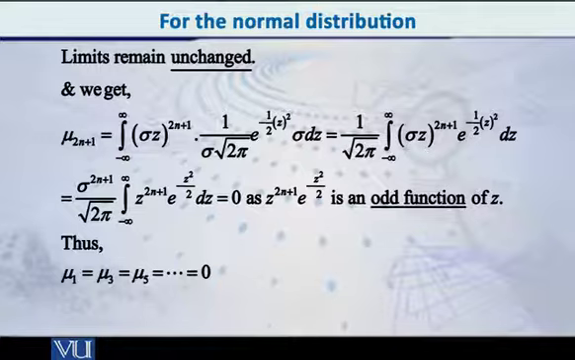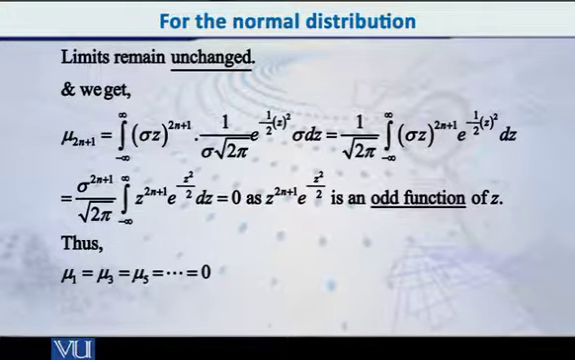Mu 2n+1, that is, the 2n+1th moment about the mean, is equal to the integral from minus infinity to infinity, (sigma z) whole raised to 2n+1 into 1 over sigma square root of 2 pi e raised to minus half z square, because where there was (x minus mu) over sigma, you are now putting z, and in place of the dx written ahead, sigma dz. Here the sigma in the numerator is cancelling, so we cancel the one in the denominator